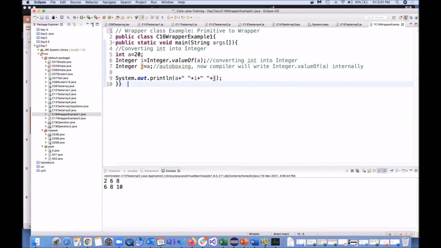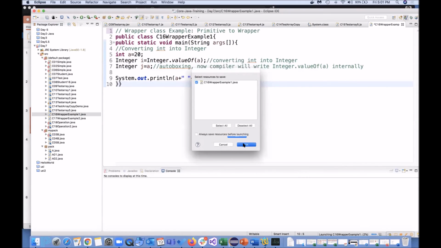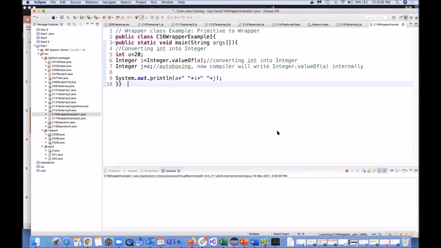If I'm going to run it, I'm seeing 20, 20, 20, which means this is 20. This new Integer i is also 20. You got the value, and this j equal to a automatically you are doing, but you are not doing, your compiler is doing. Your compiler is internally calling this method only, Integer.valueOf.